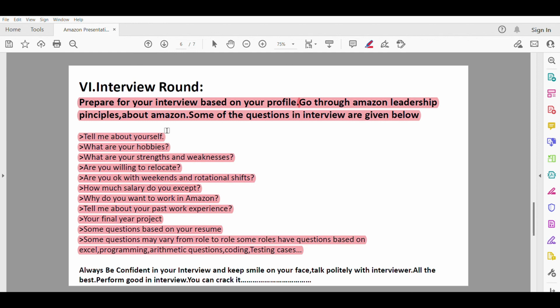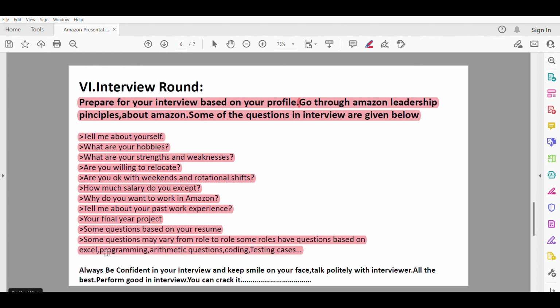We always know that the first impression is the best impression, right? So we have to prepare carefully for this question, because on that basis they will conclude how we are going to attend the interview, how our English skills are, and how our communication is. These are the main questions: what are your hobbies, strengths, and weaknesses. Refer to all of these.